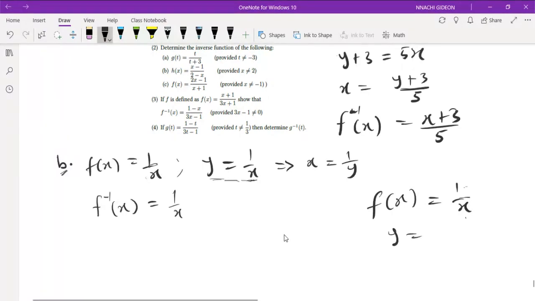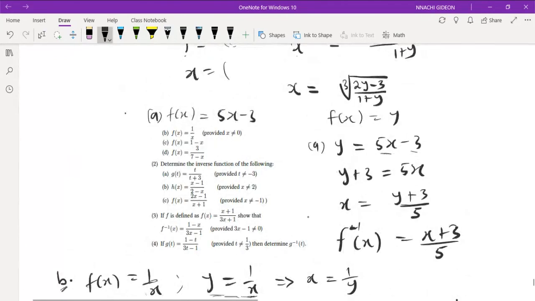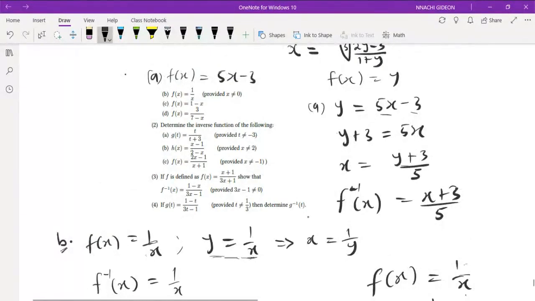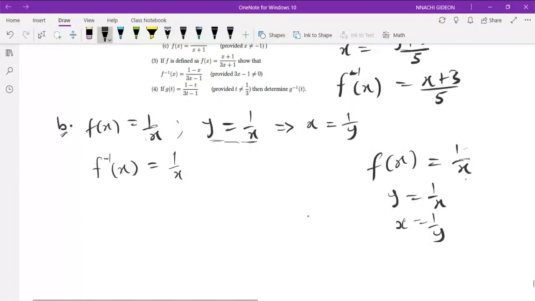So if y is equal to this, then x becomes 1 over y. Then if you put it back into the function and replace y by x, you get the same thing. That's so unique, provided that x is not equal to 0. And C,